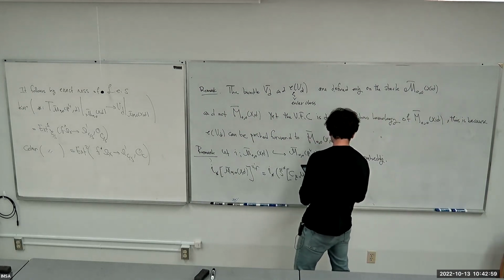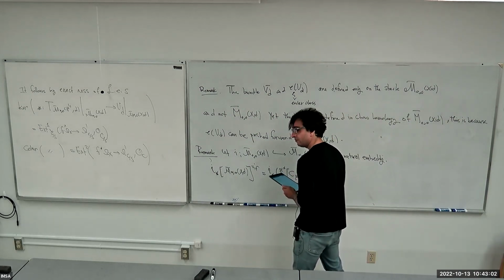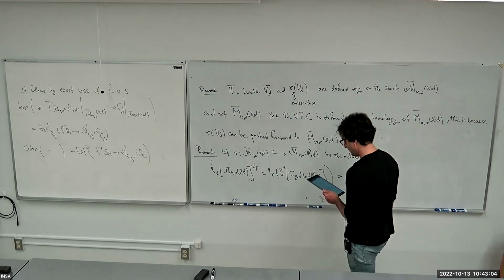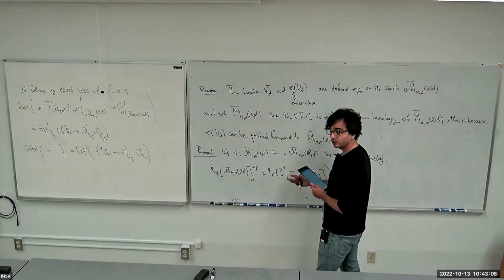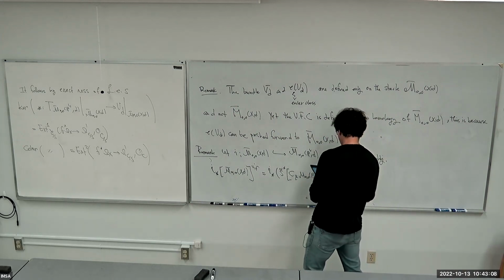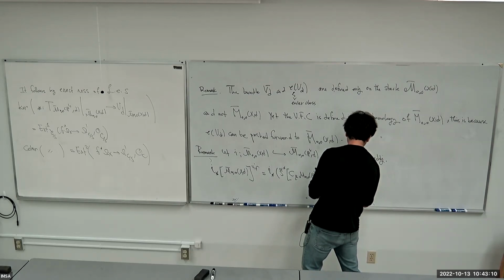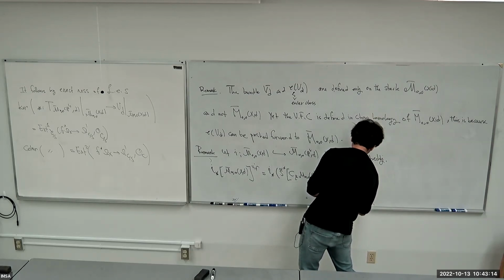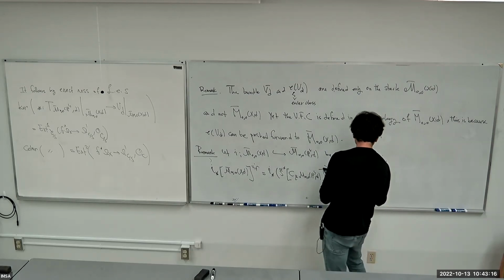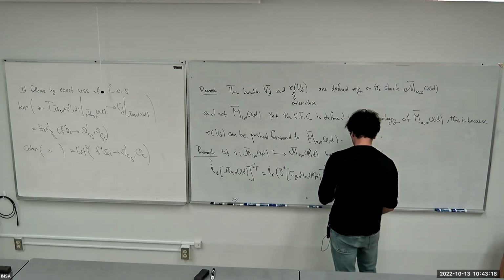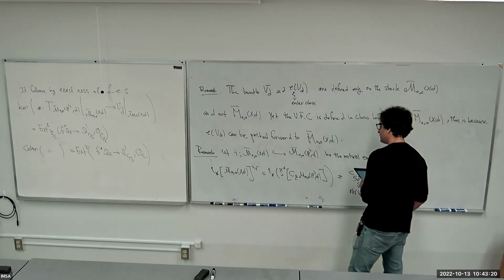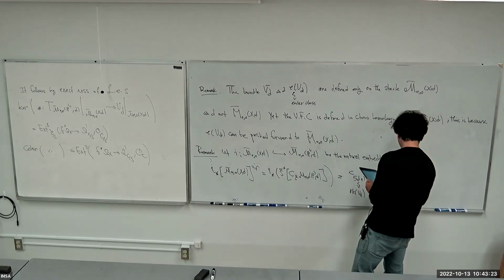And that's going to be, because you're pulling back via the section of the bundle, seeing the top Chern class of the bundle. This will be C to the 5D plus 1. This was the rank of VD. C to the 5D plus 1 of VD